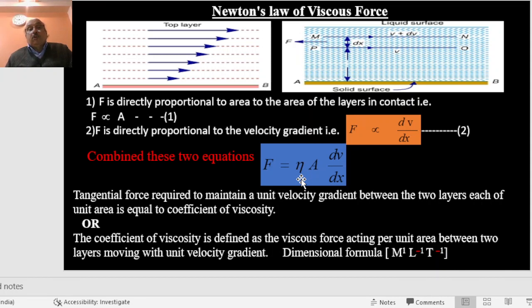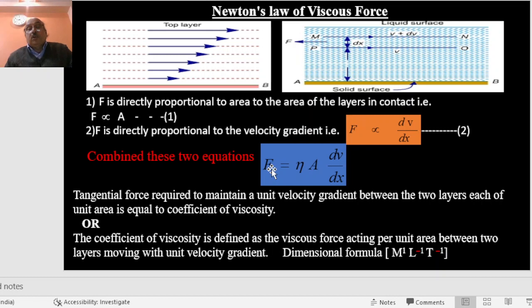This proportionality constant is called the coefficient of viscosity. Now we are able to define the coefficient of viscosity. If we take the velocity gradient as unit between the two layers and the area of the layer is also unit, then eta will be equal to F,